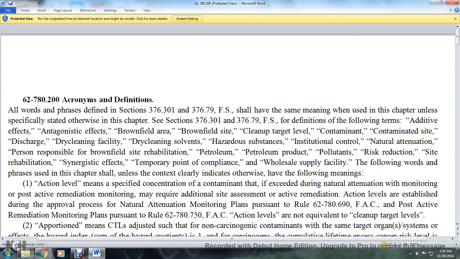All right, 62-780.200, acronyms and definitions. All words and phrases defined in sections 376.301 and 376.79, Florida Statutes, shall have the same meaning when used in the chapter unless it is specifically stated otherwise. In this chapter, see section